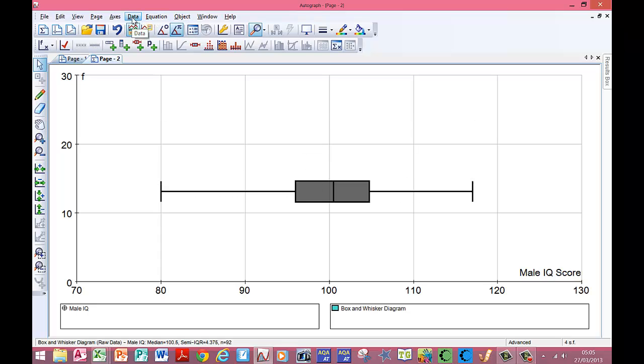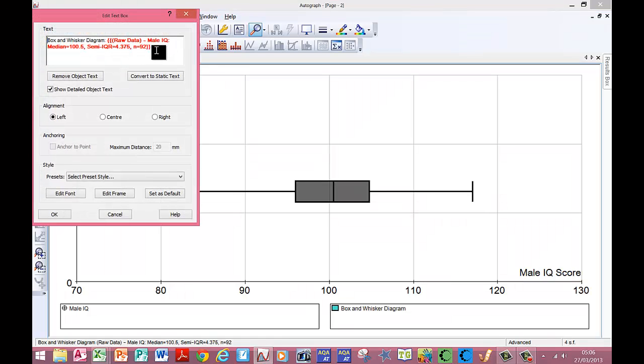I should always give things titles as well in terms of the box plot. So if I click text box, it's already put some of the data there for me. So it's put the median and the semi-interquartile range, but I'm just going to remove the text. So it's a box diagram. So male IQ,